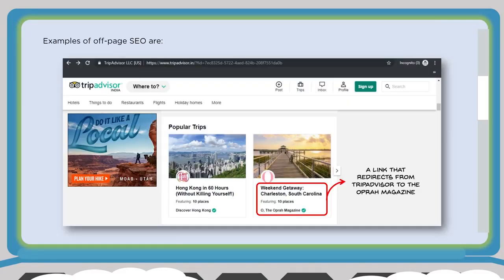Here you can see an example of off-page SEO. TripAdvisor would be a good example: a link that redirects from TripAdvisor to the Oprah magazine site. So the Oprah magazine is going to get a backlink from TripAdvisor to the site. So if Google crawls TripAdvisor,